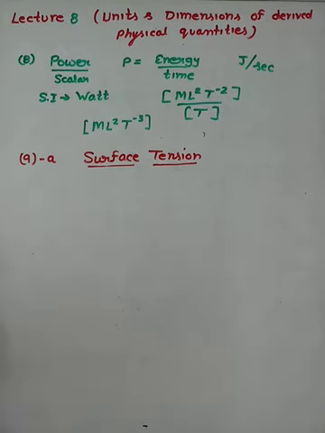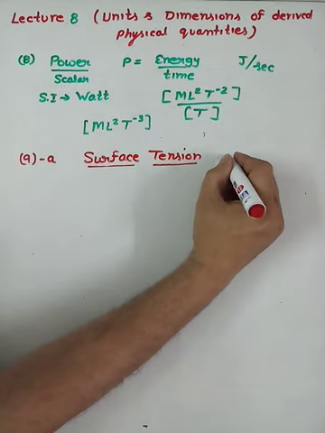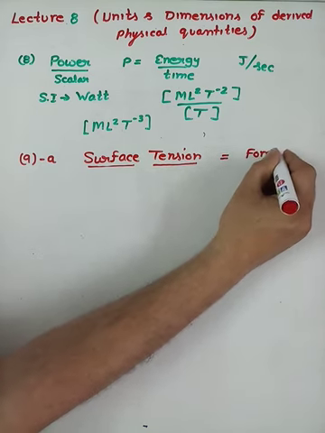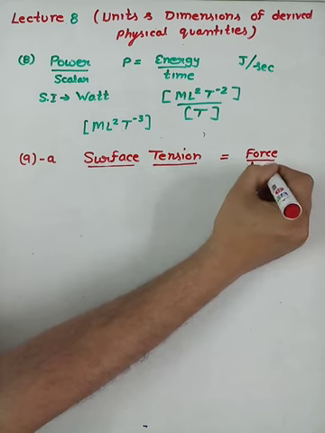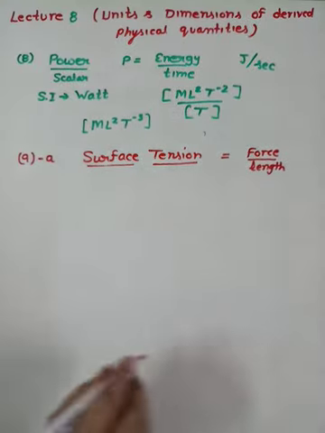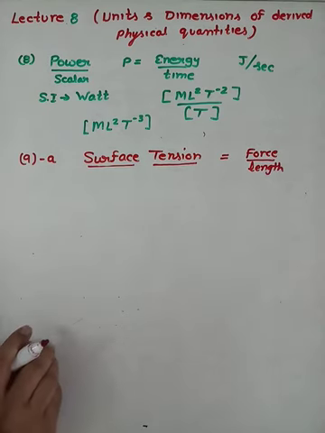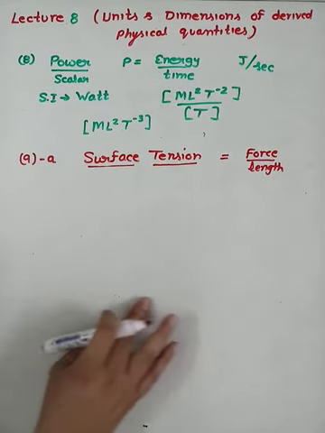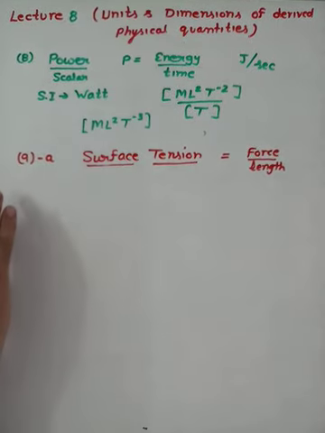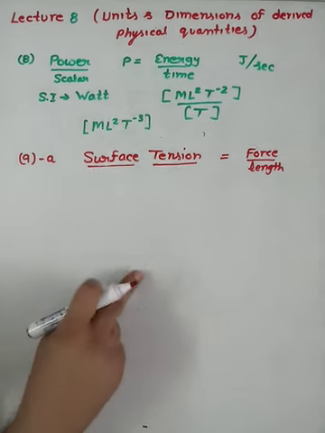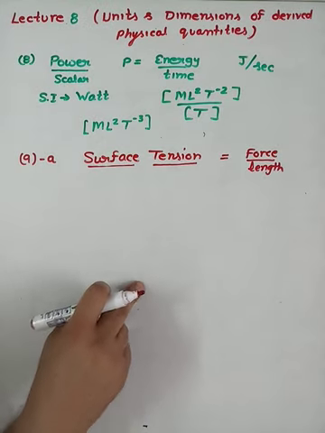Surface tension is the property of the free surface of a liquid by virtue of which its free surface behaves as a stressed membrane. We have seen some of the properties of liquid: formation of bubble from the soap solution is due to surface tension. Sometimes leaves float on the surface of water, again due to surface tension. Spherical shape of a drop of water or liquid is again due to surface tension.